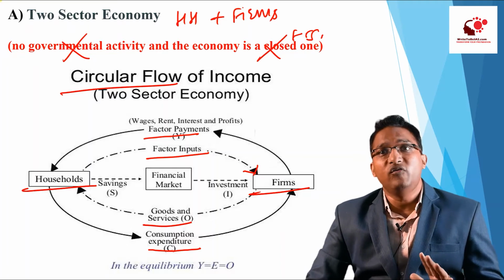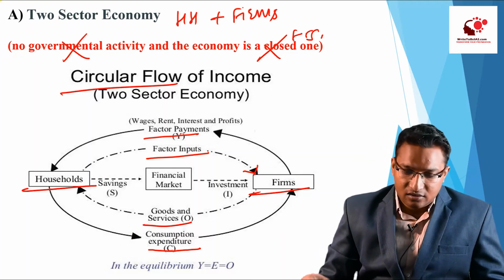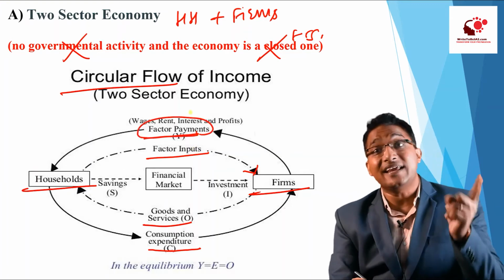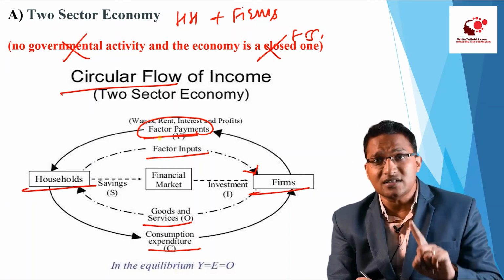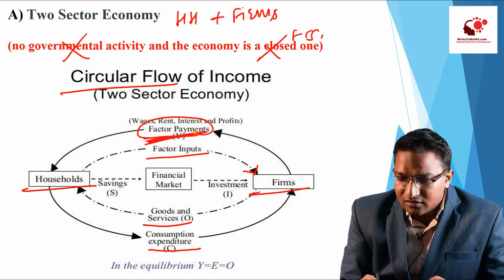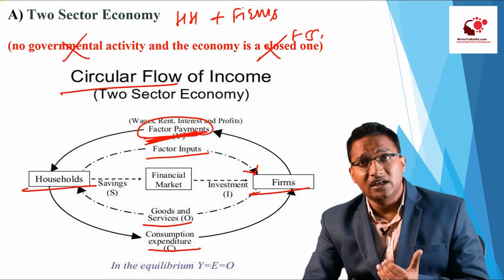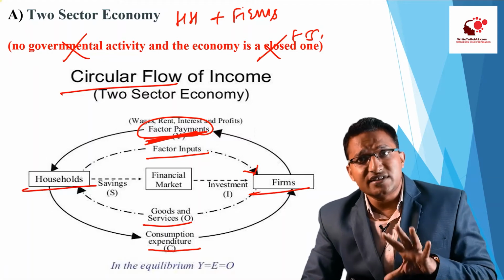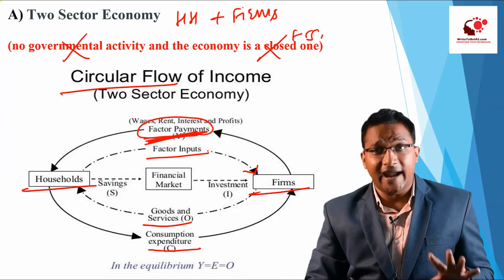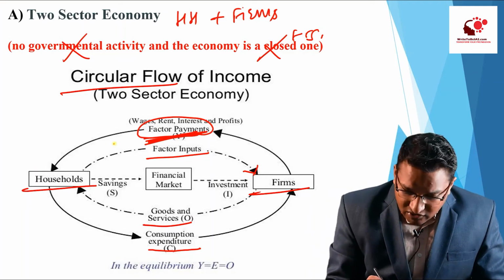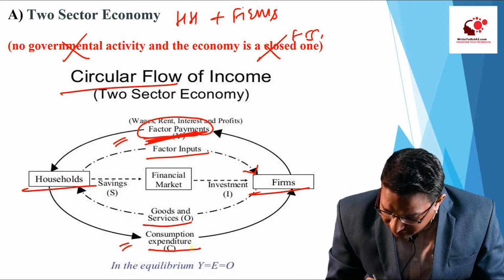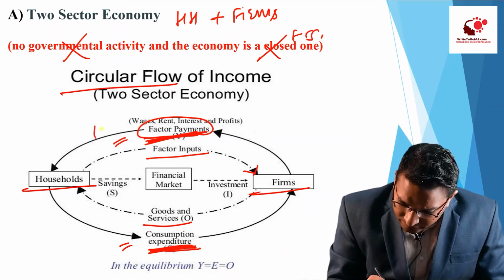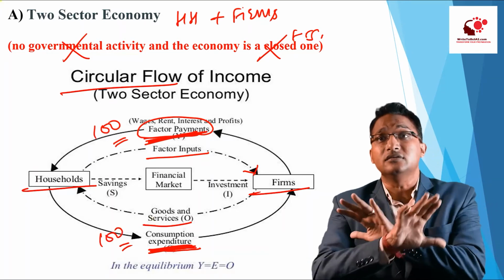Till now we assumed that whatever money the households were receiving in terms of factor payment. So what is the income of the household? The income of the household is this factor payment, right? The money they are receiving in the form of wages, the money they are receiving in the form of rent, interest, etc. So this is their income and we are assuming that this income is equal to the expenditure that they are doing on the goods and services. So if they are earning rupees 100, they are expending rupees 100. There is no saving.